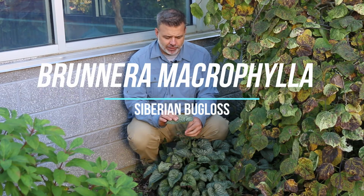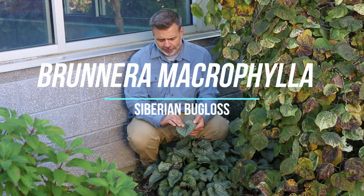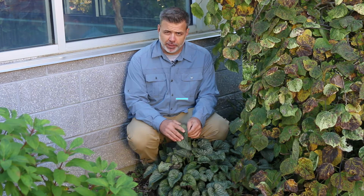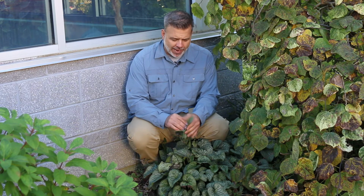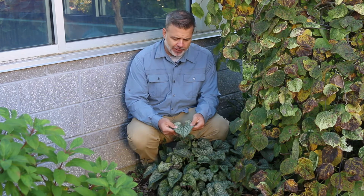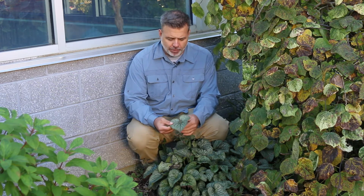Hey plant gang, take a look at this heart-shaped leaf on this plant with one of the coolest common names. This is Brunnera macrophylla, Siberian bugloss. And why do they call it that? It's actually a Greek word. It means like a rough ox's tongue, and it also maybe refers to the shape of the leaf. Maybe the leaf is a little bit like an ox's tongue, I don't know, but I always think of it